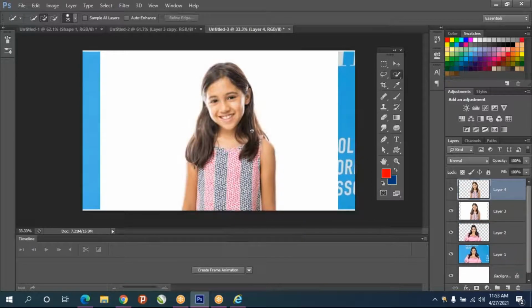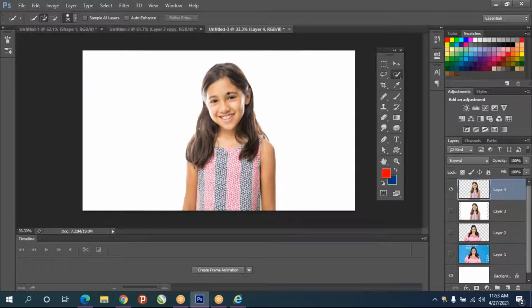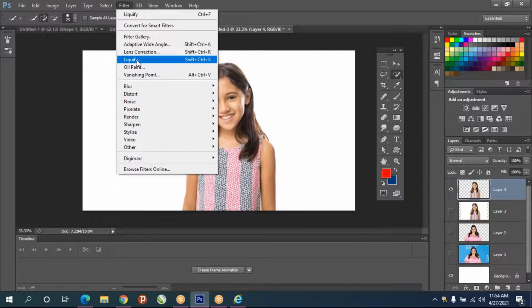That's it. Control J. Now same thing. The duplicate layer you select. Go to liquify.